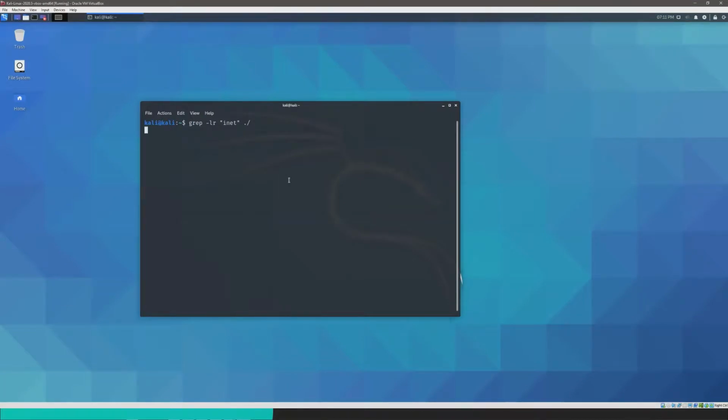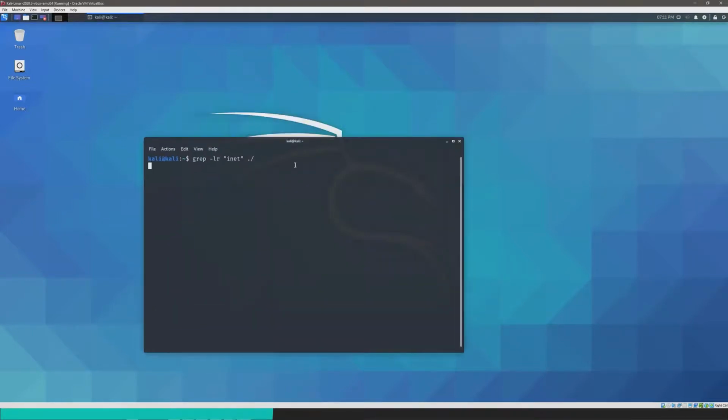And it's probably going to do that for a long time because it's searching through everything. Okay, so cool. It showed me that it found a myfile.txt because it contains instances of the term INET. And it also showed me this path that I wasn't expecting, blocklist.xml, that contained this word that I'm looking for.